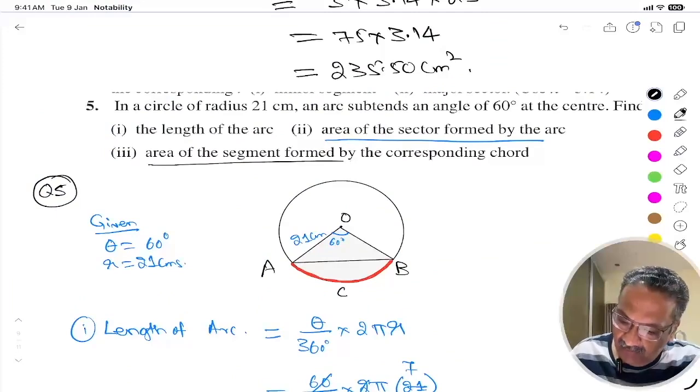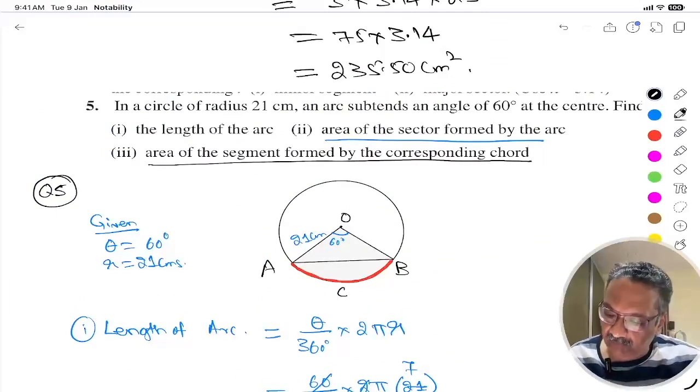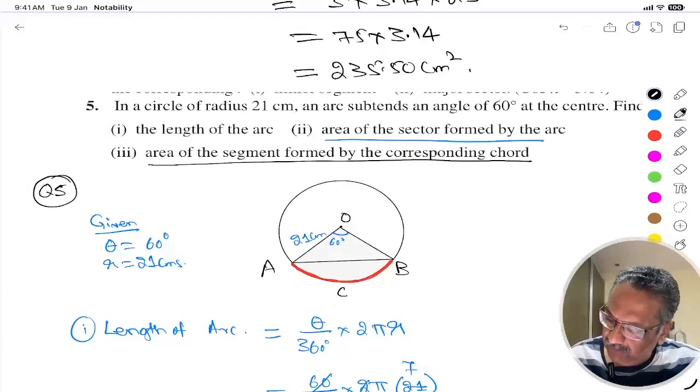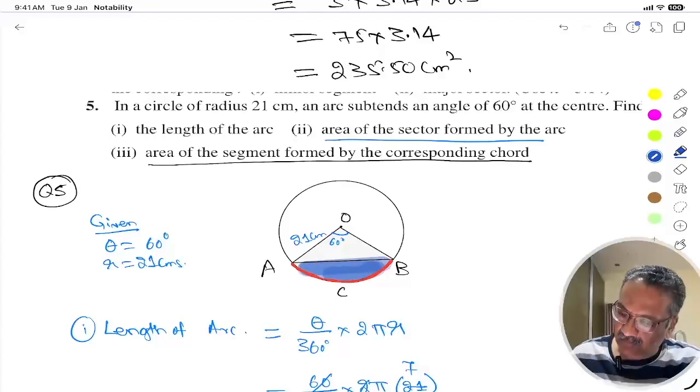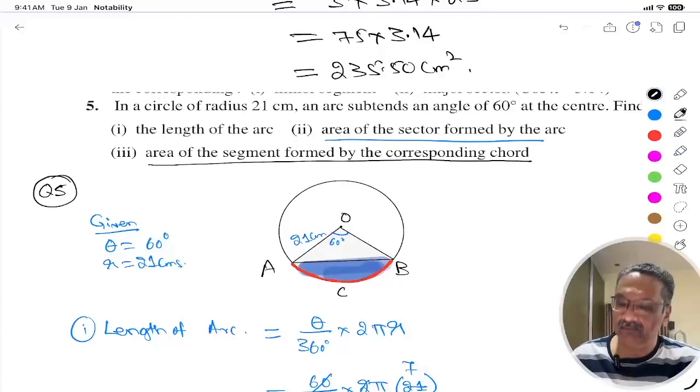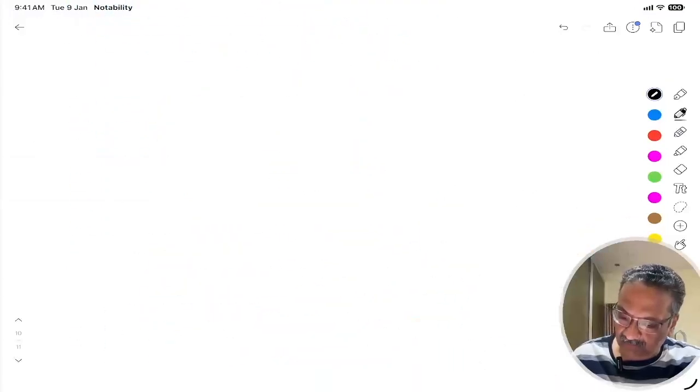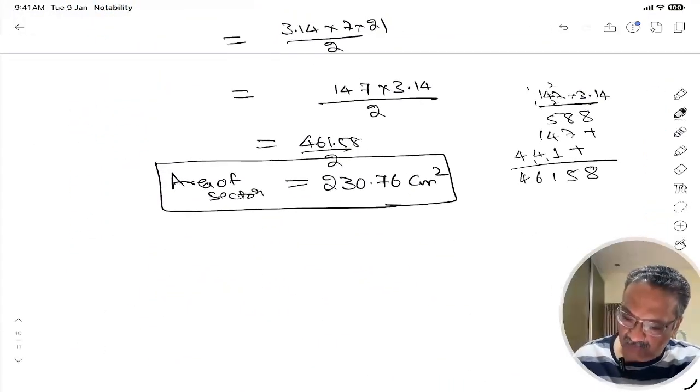See, the area of the segment formed by the corresponding chord. So again they have asked for the segment. Which is that segment formed by the corresponding chord? Here the chord is AB. So they are asking for this portion. This is the area of the chord segment. Alright, now we know the formula for that is